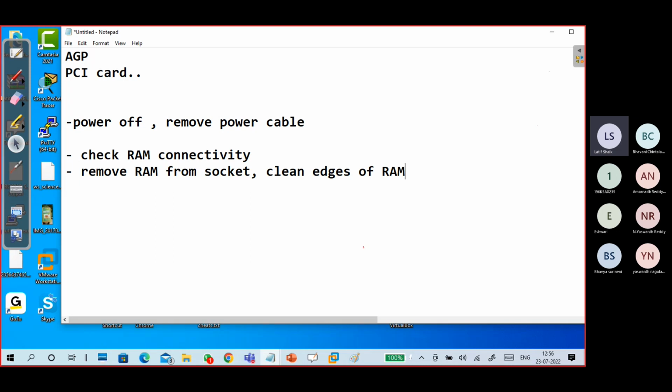Okay, set it back again. Now power on and check. If it is not working, again